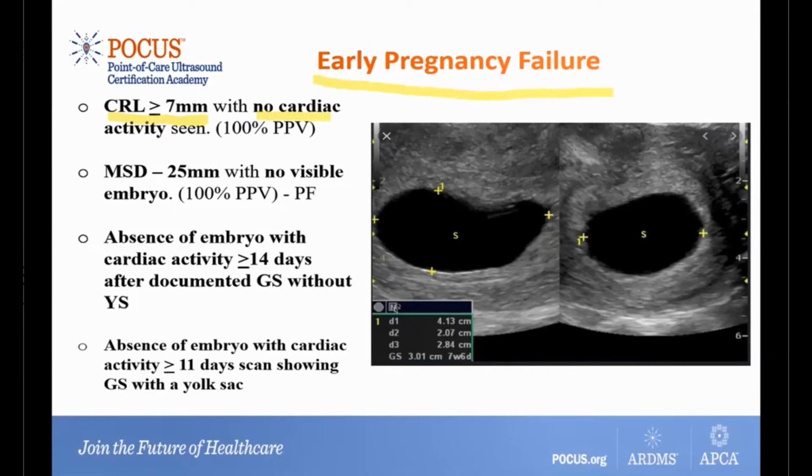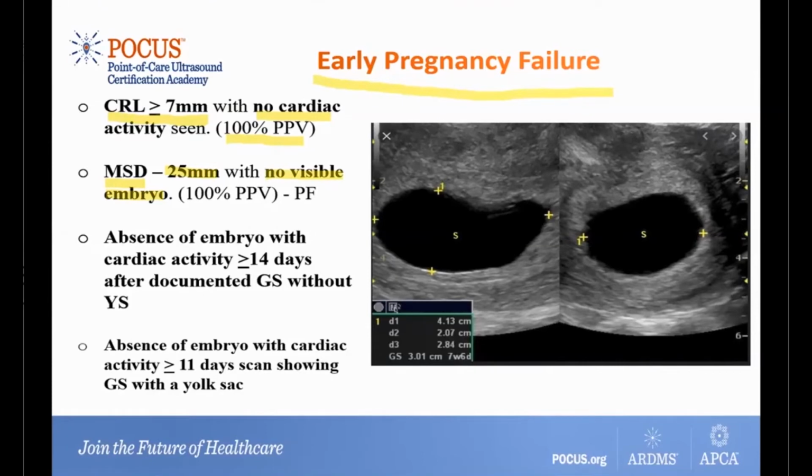So this has a 100% positive predictive value. The second scenario is we have a mean sac diameter. That means we take the 3 measurements and divide by 3 to get the mean sac diameter. And if the MSD is 25 millimeters or more with no visible embryo, as in this example, we have the